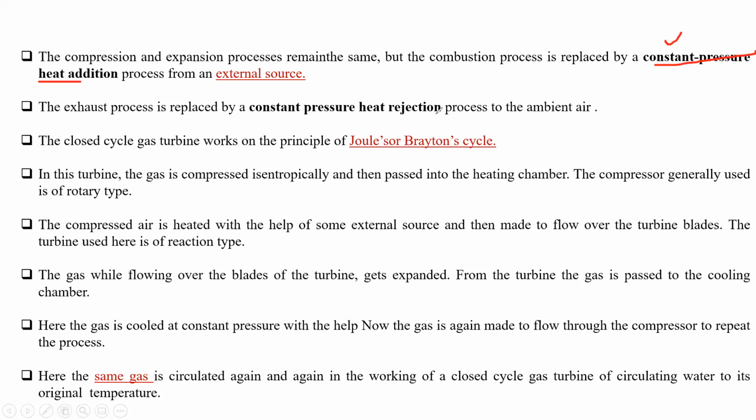Because all these steam turbine processes, that is the Carnot cycle or Rankine cycle or the closed loop gas turbine cycle, are all based on thermodynamic processes. If you understood thermodynamics, then it is very easy to understand the concept of steam flow. What is meant by an isothermal process? What is meant by an isentropic process? What is meant by an adiabatic process? All these concepts are strongly related to thermodynamics.